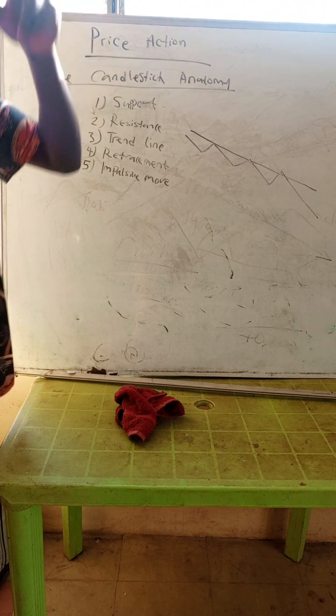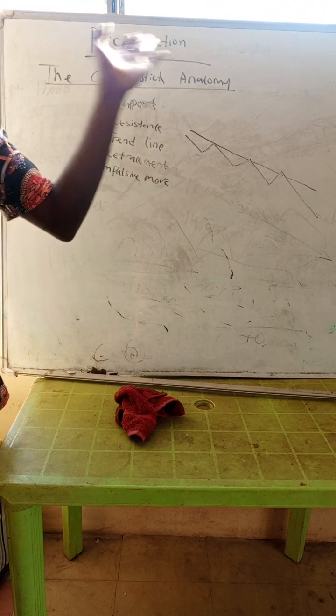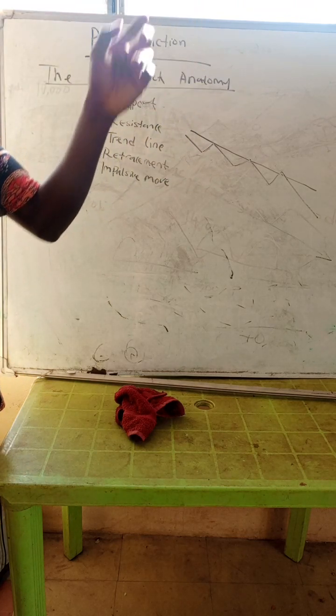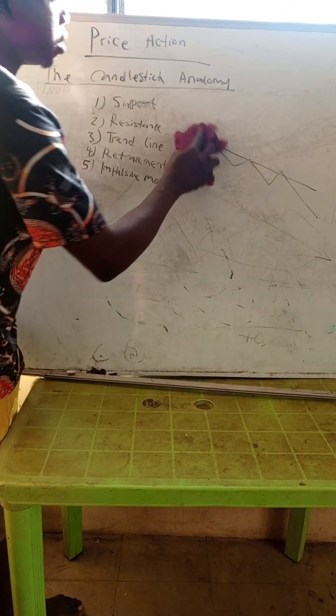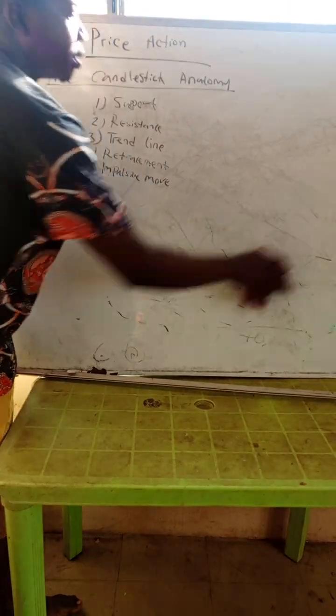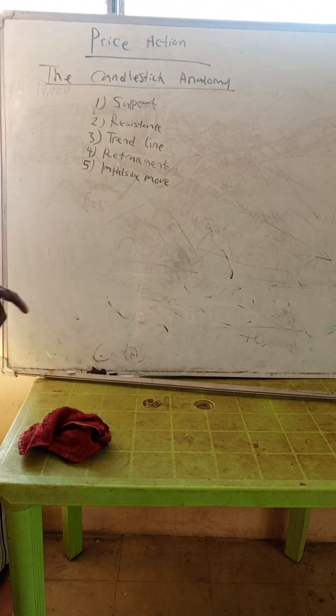Then for the uptrend, you use the trend line to connect the lows or the supports of an uptrend. You know that. If you have any questions, you can always ask me. But I'm sure that you understood this. But if you don't understand it, let me know, please, how I can explain better for you. I can break it down again and explain better. That is for a trend line.